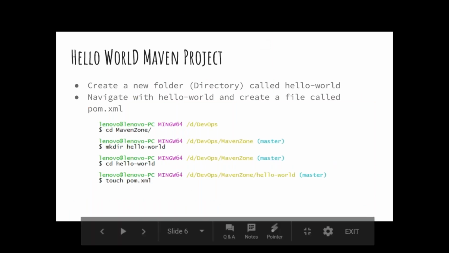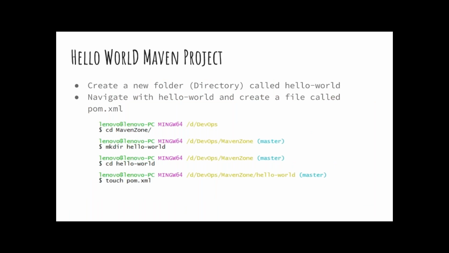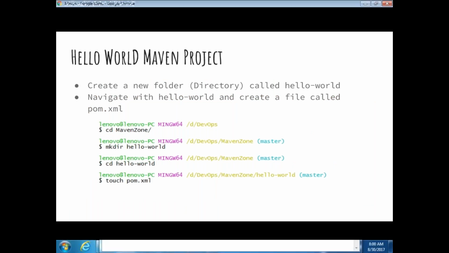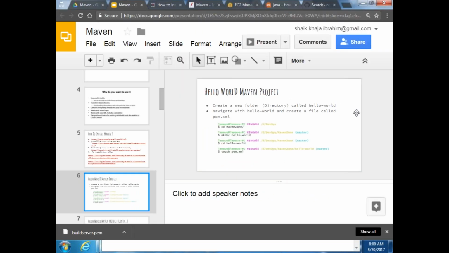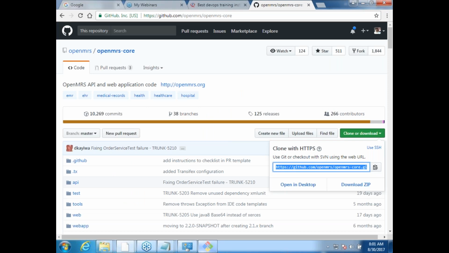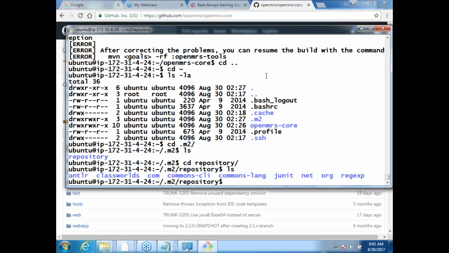We would create one folder, and then write pom.xml. Let us do the same steps, but I want to do it on the Linux machine. You can do the same steps on a Windows machine, it doesn't matter.